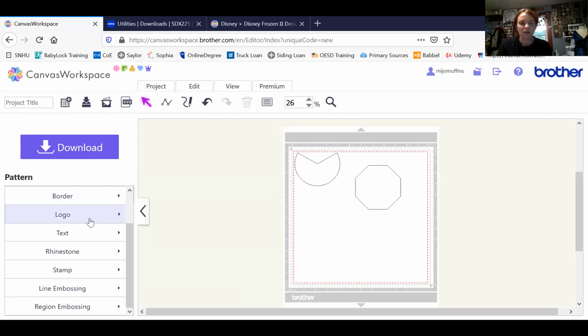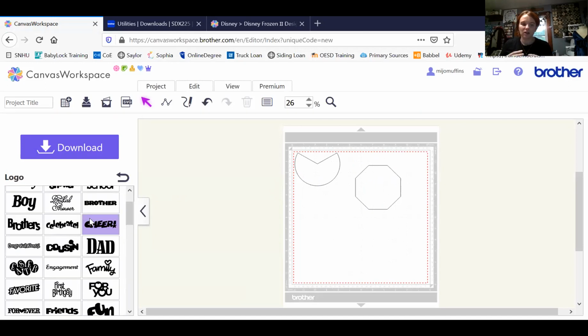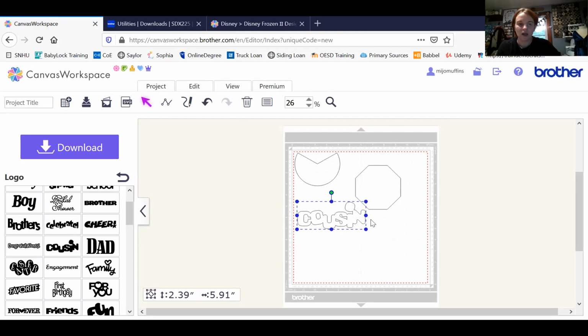I'll hit back. There's also logo. Logo are those words that are connected. So if I load one of these in here, you'll notice that these are all welded together. It's not like regular fonts that are sitting with spaces. So these are great to be used with paper